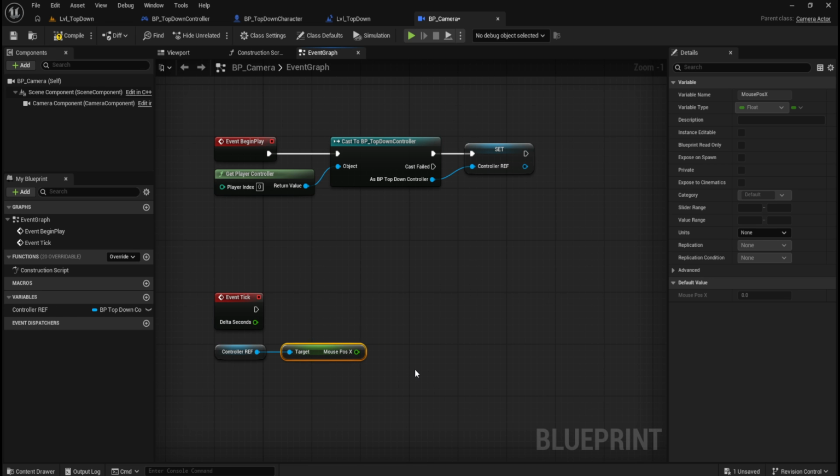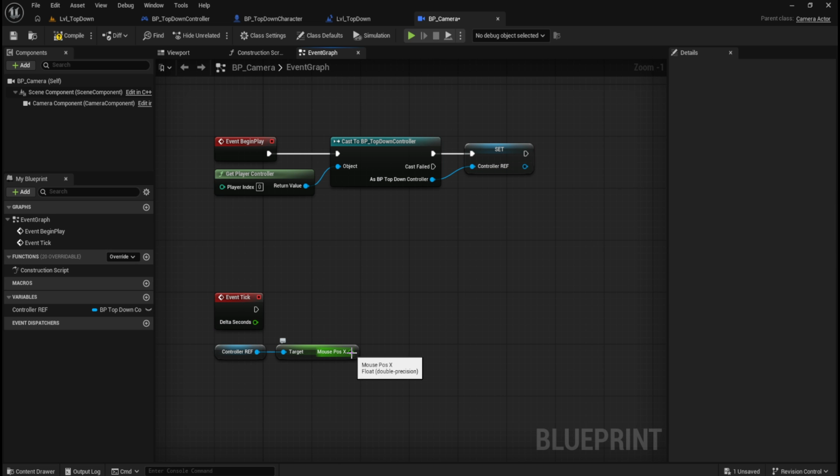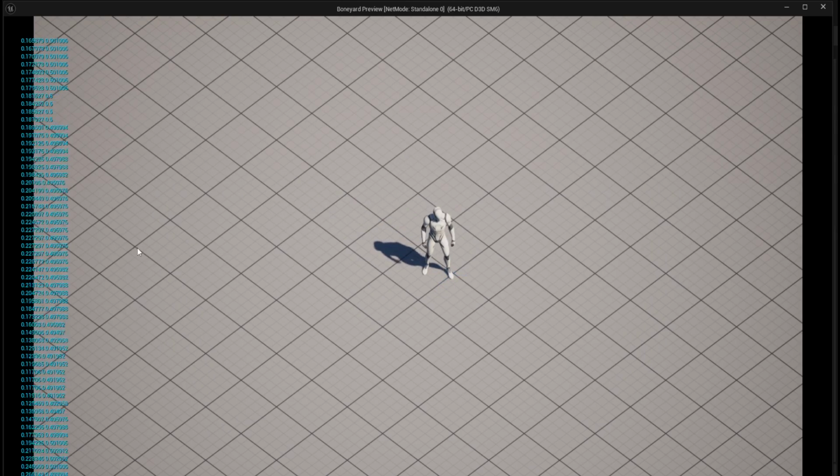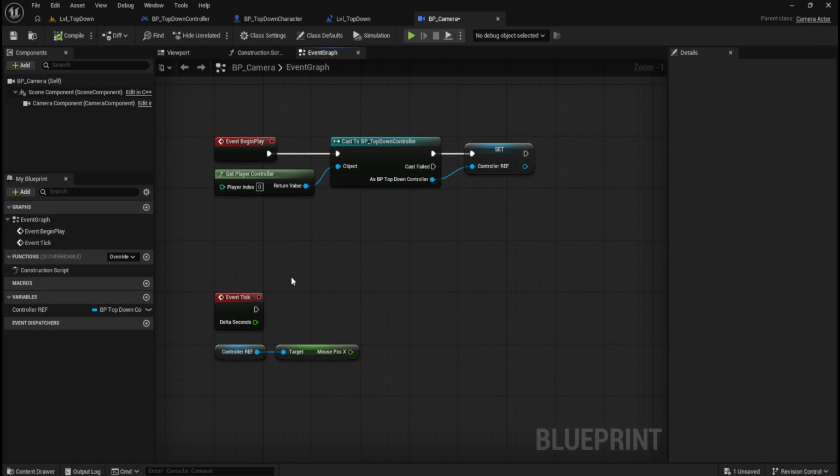Let's think of X as left and right. So if the X is less than 0.25,